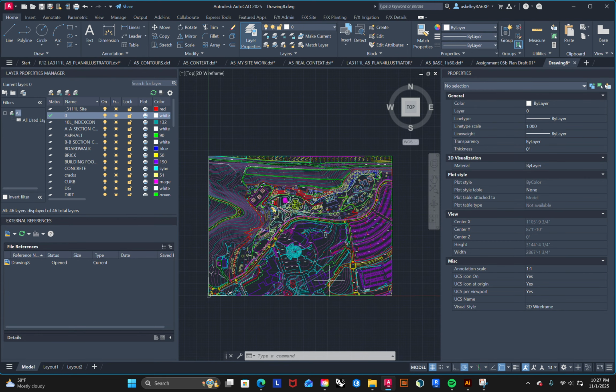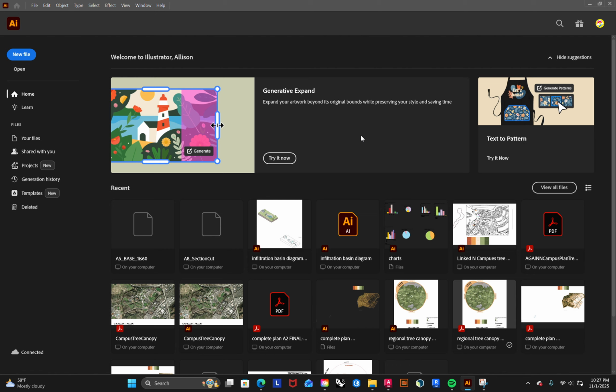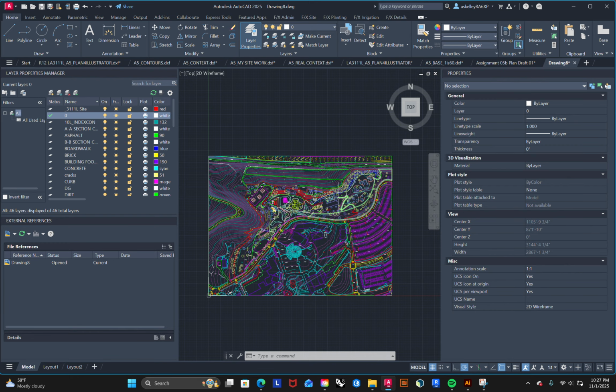But when I import it into Illustrator, the file might be too big because it's such a ginormous file. So a way I found to solve this, if the file is still very heavy and it doesn't work with the DXF file,